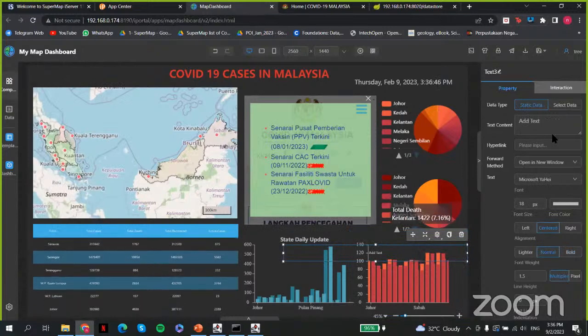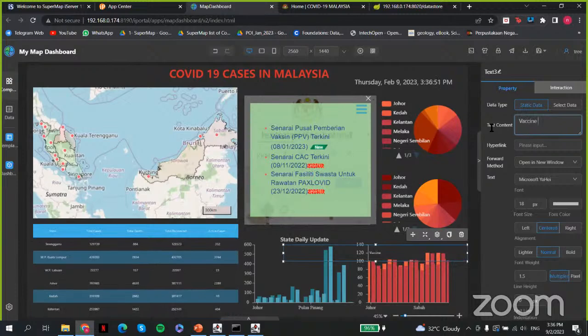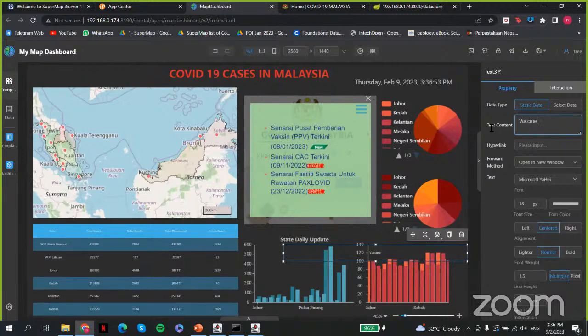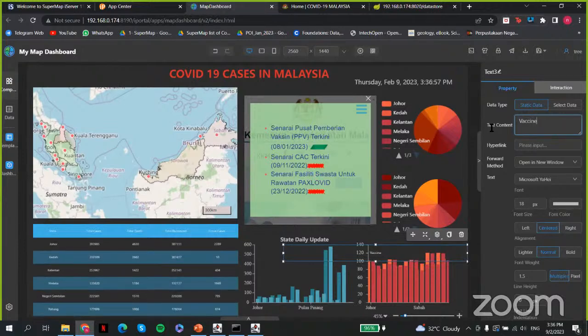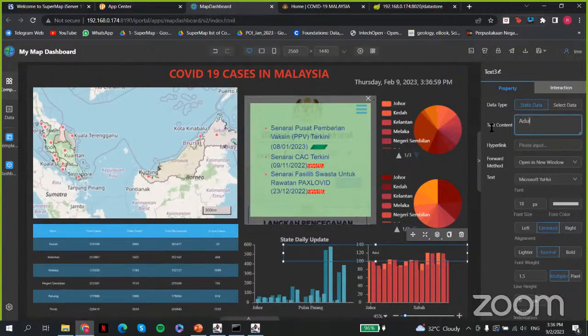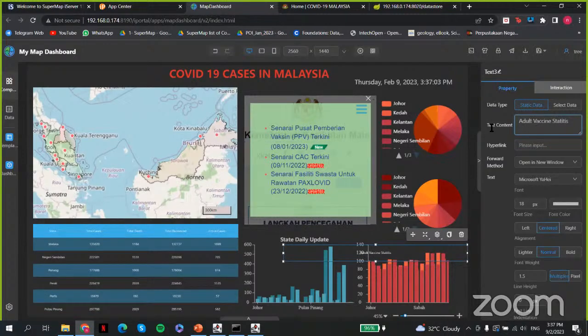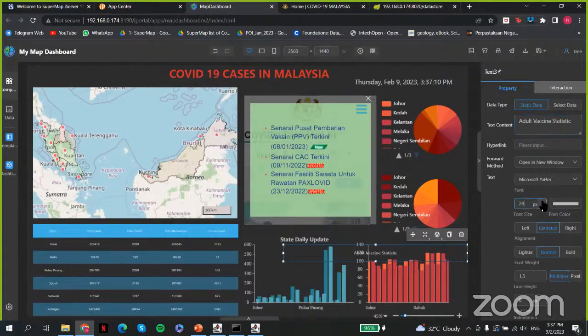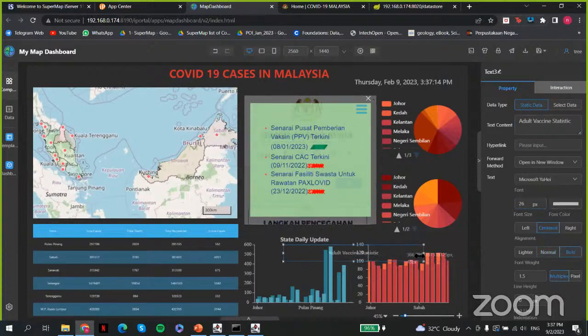And then you can also add this as a title. So maybe adult vaccine statistic. Okay, you can just adjust the sizing, fonts, and then